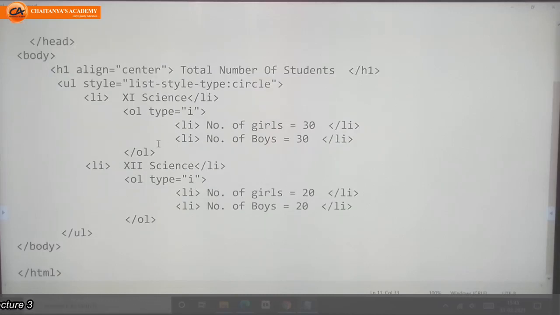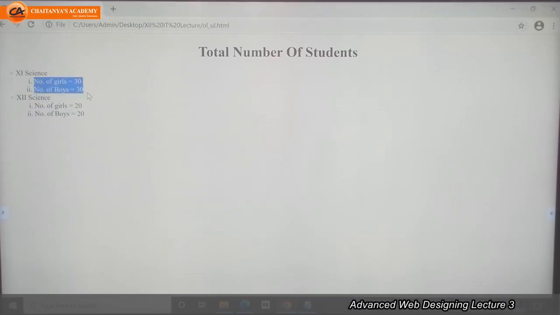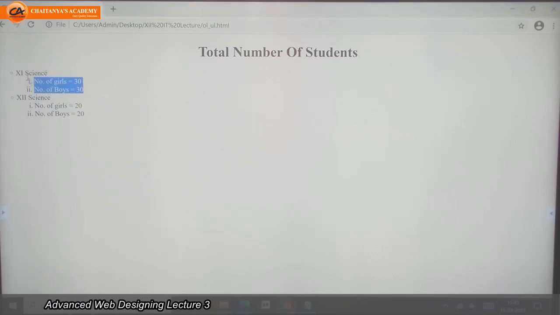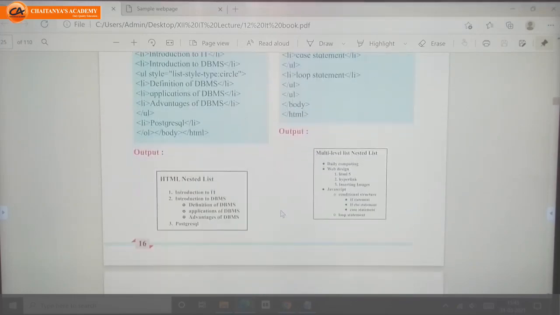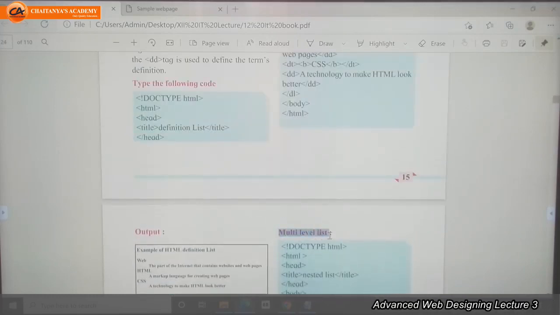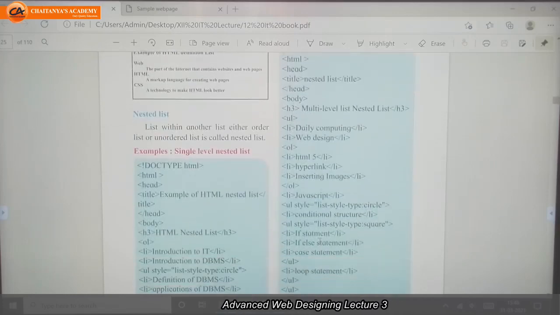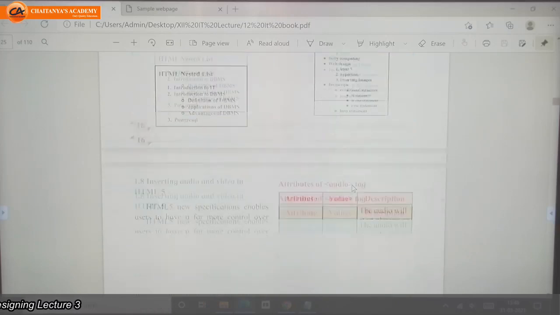So this is nested list. Nested list means inside one list item I want to display other list items. A nested list can also be known as a multi-level list. Multi-level list means nested list.